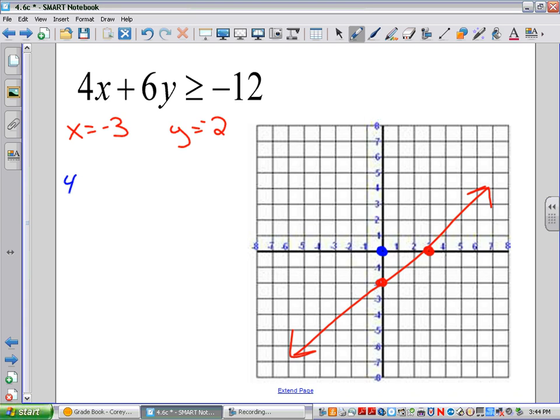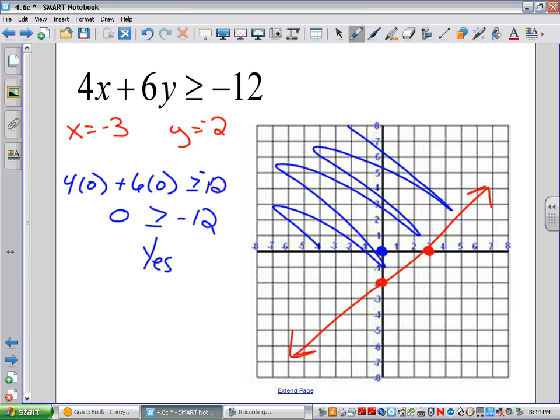Plug that in. 4 times 0 plus 6 times 0 greater than or equal to negative 12. 0 plus 0 is 0. So ask yourself, is 0 bigger than or greater than negative 12? And that is a yes answer. So I would shade this side. This would be my yes side. So that would be my